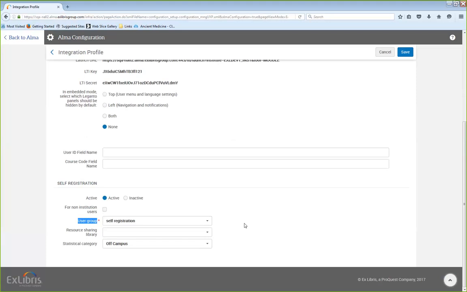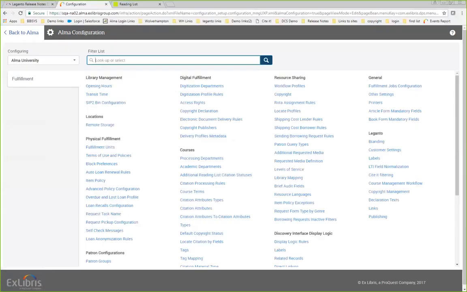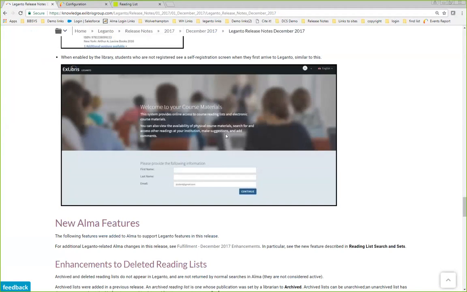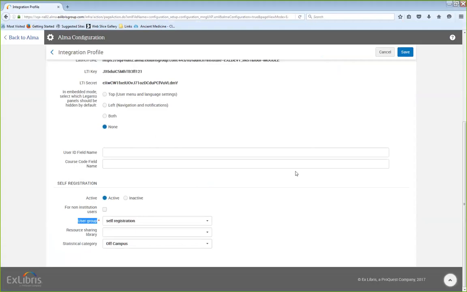immediately. We don't ask the user for any information if we can discover the user information from the course management system. In cases where, for some reason, the course management system does not provide us this information, we will present a form with first name, last name, and an email, and that's it basically. This is one-time registration. So the first use case is you would like to allow, on the same LTI interface, trusted, we call it trusted